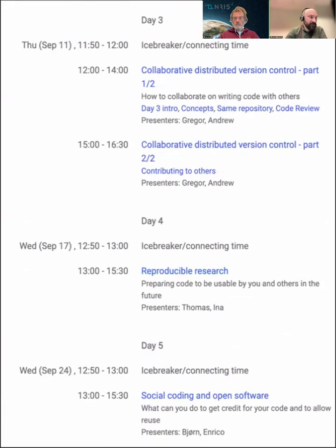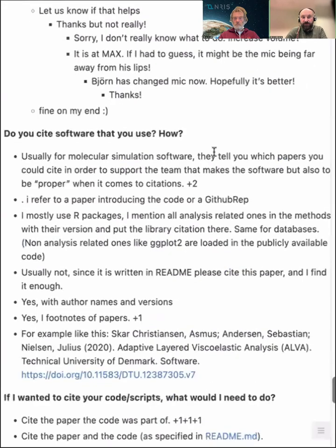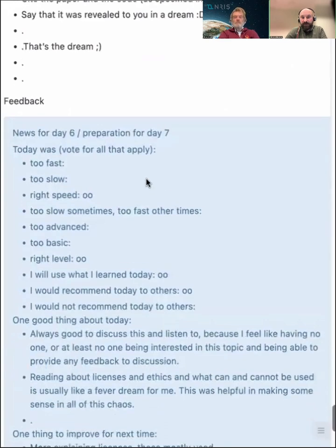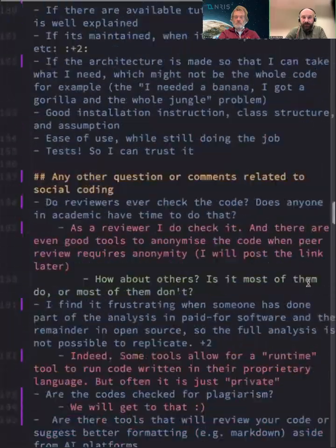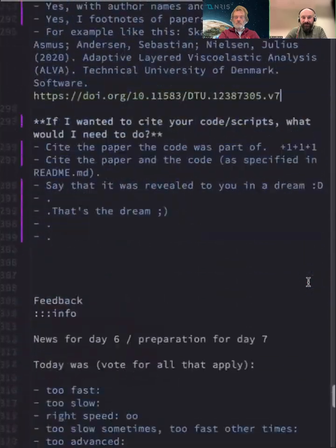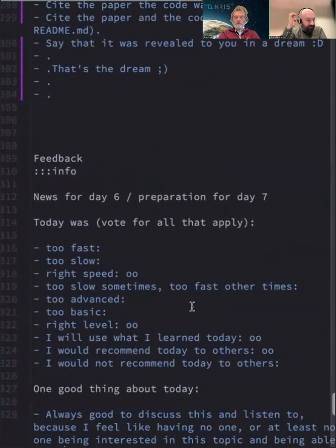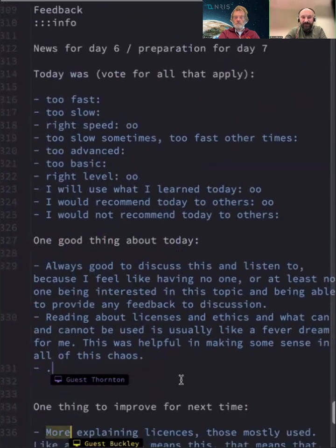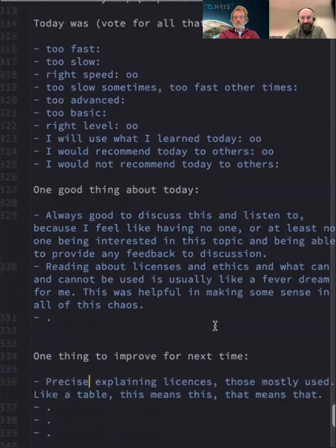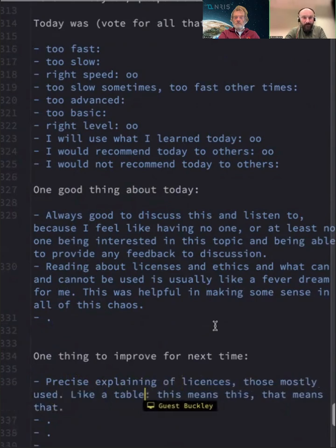You can still ask us questions in the notes document, but as usual, we have this feedback section. So if you edit the notes and scroll to the very bottom, you can add some comments. As you can see, we try to change the lessons so that every different run of the workshop, we include new materials based on your feedback. So if you think that something was missing and something should be expanded, or that there was too much of something, please comment so that we can improve for the next run.